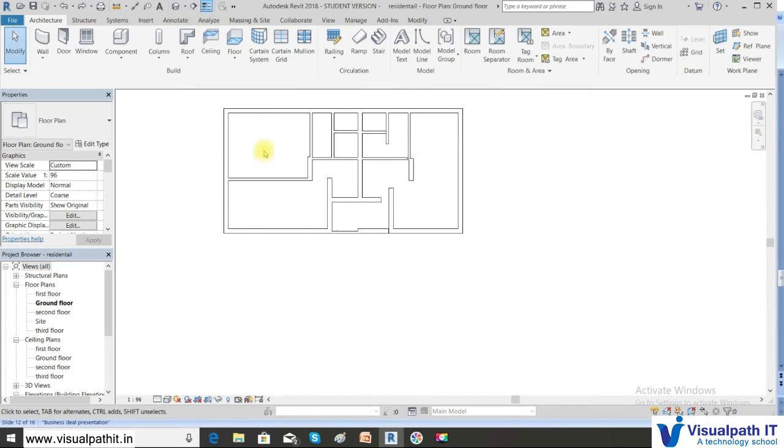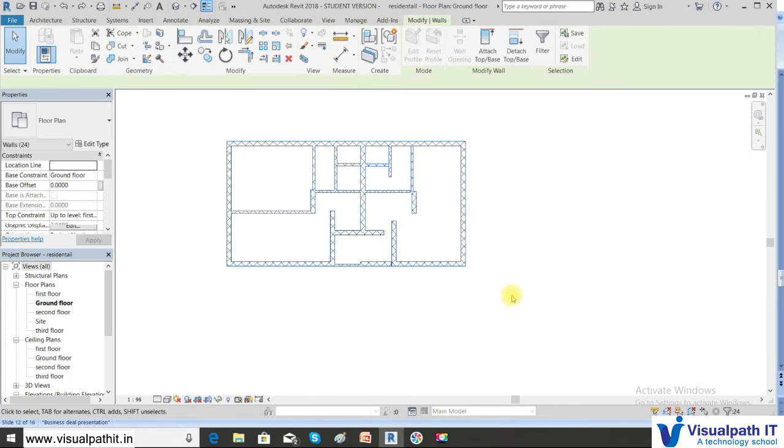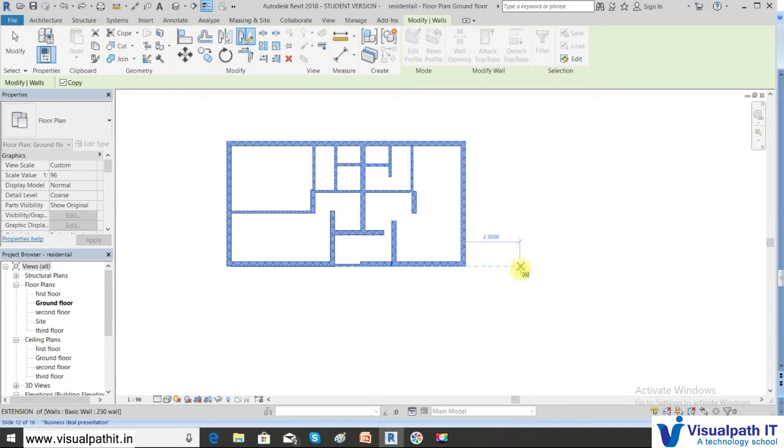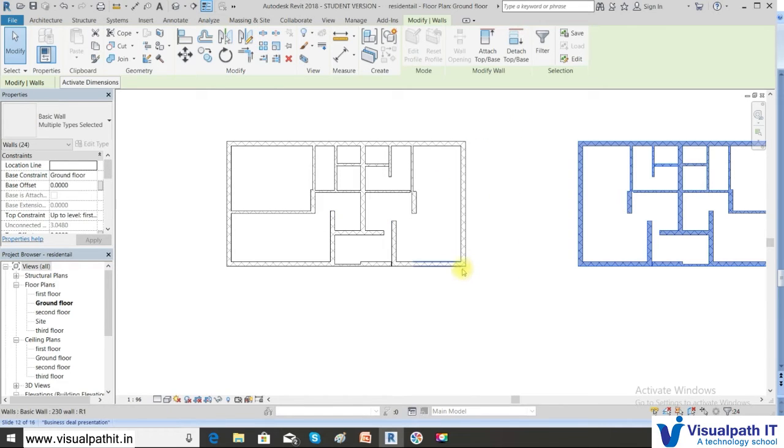If you want to draw it at a distance, select the objects in this way, click the mirror draw axis, move the mirror point. Okay, so it is approximately 3, and when you click on the upper part, it gets mirrored. Now the distance between these two objects would be 6 meters, as the mirror axis was 3 meters from here, so the same distance will get reflected here. So this is called the mirror by drawing the axis.